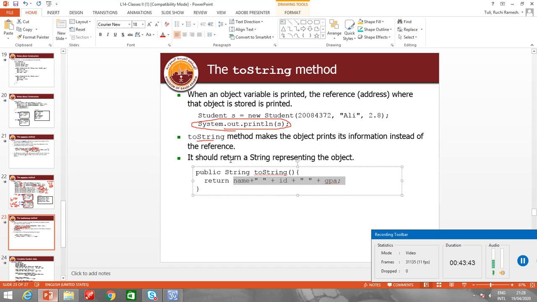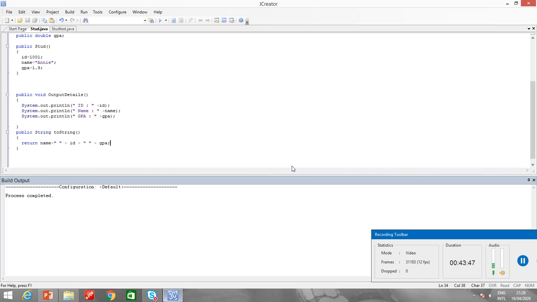In order to print the value of the instance variables, I can use the toString method. The return type of this method is always string, and because there is a return type, there must be a return statement. You can write a system.out.println statement as well, but at the end there must be a return statement.